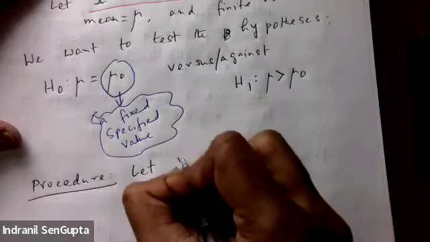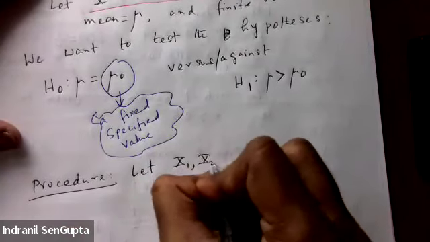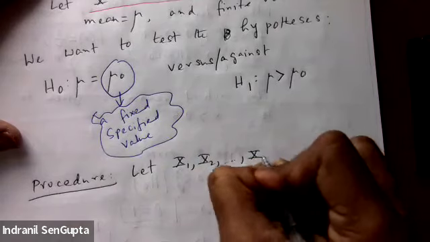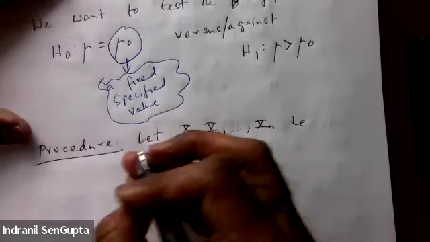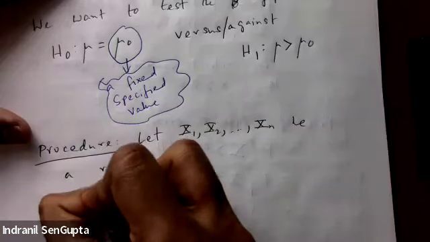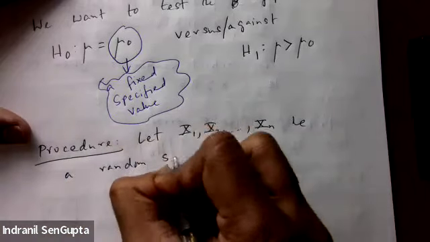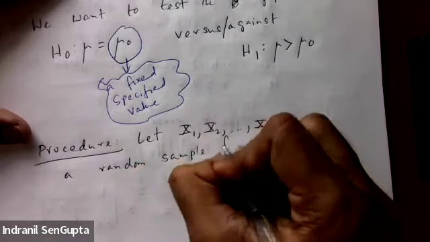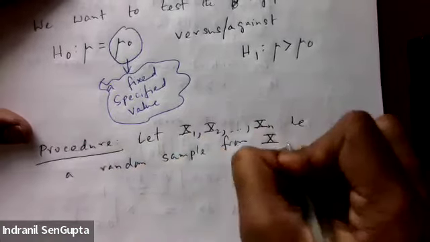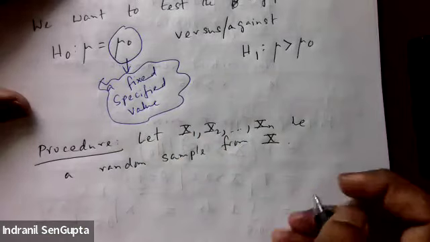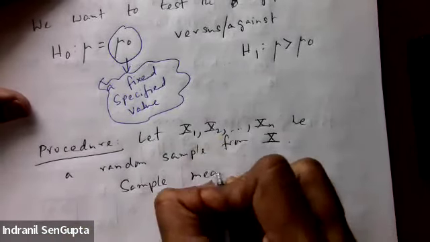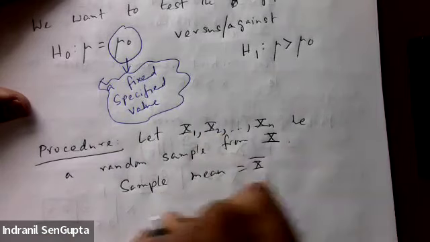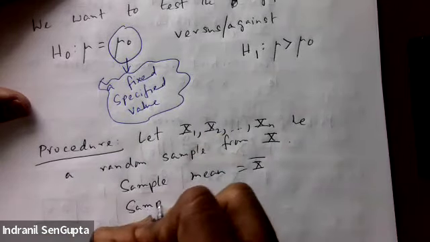Let us draw some samples from this X. Let X1, X2, ..., Xn be a random sample from X. And then the sample mean, as we have been dealing with, is given by X bar, and the sample variance